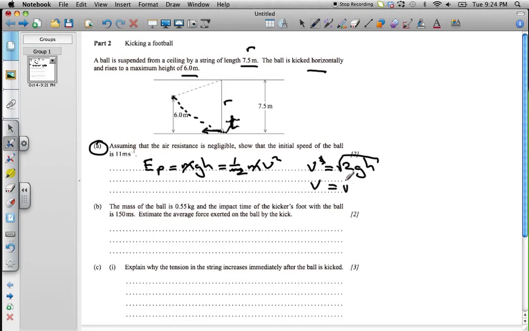So we're going to have the square root of 2 times 9.81 times 6, close brackets, enter, and I get a value of